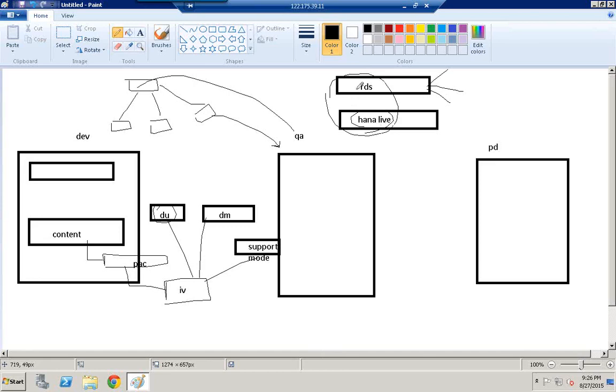Now, whenever you would like to install these RDS or HANA Live into the development system, how do you download them? From where do we download them? We download from service.sap.com. Once we download these files, we can install these RDS or HANA Live into the development system. Now, a few things we have to take care of when we import these objects into the development system: